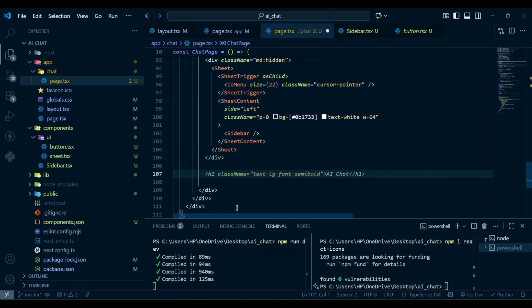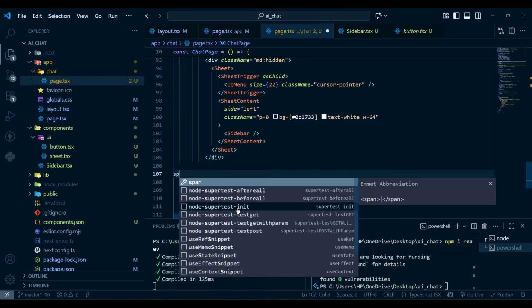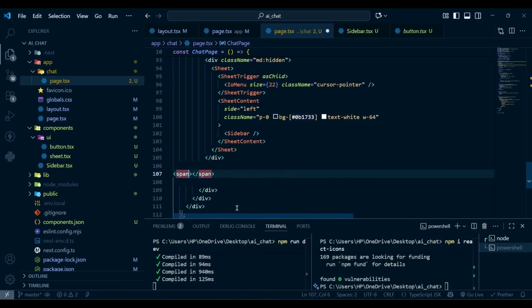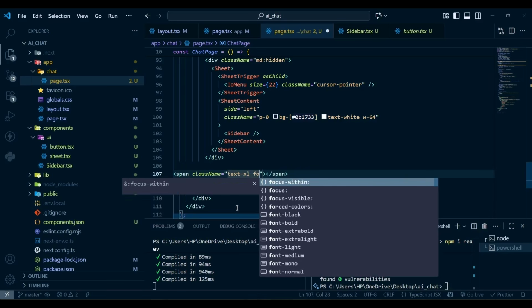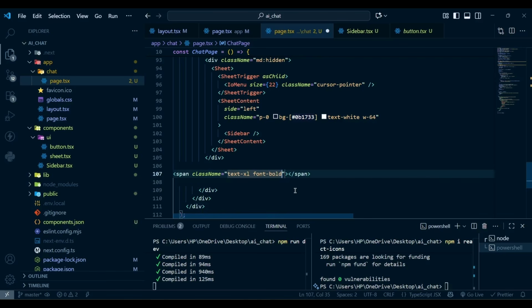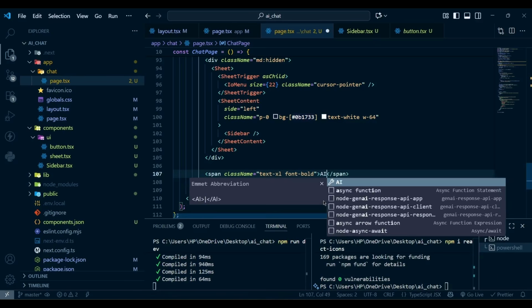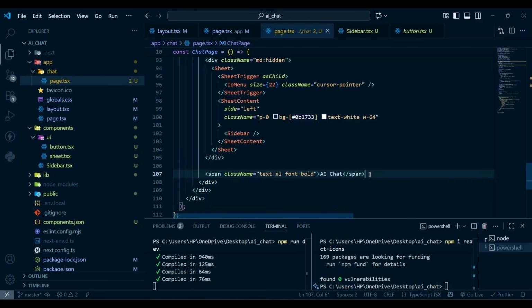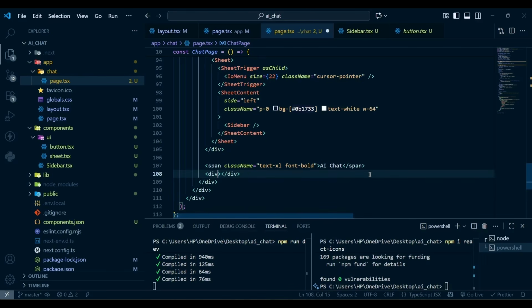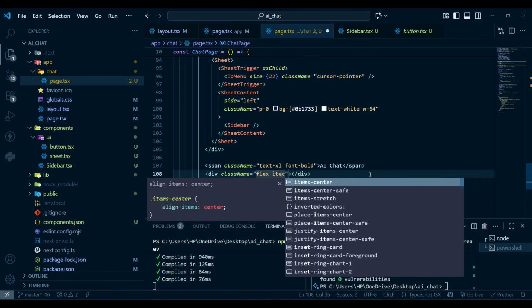and then after this sheet, this div will have a span with class name of text excel font bold. That's it. And inside this span we'll have AI chat. That's it. Then we have a div with class name of flex items center